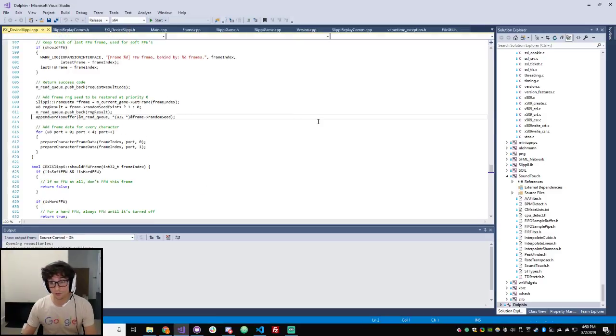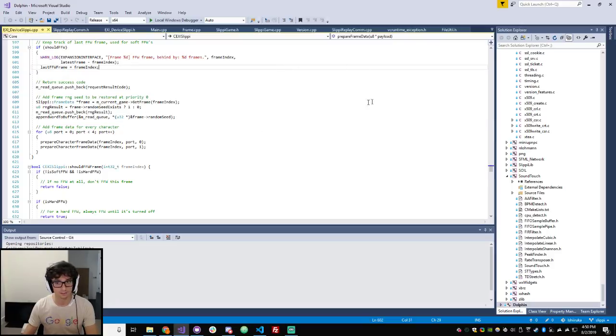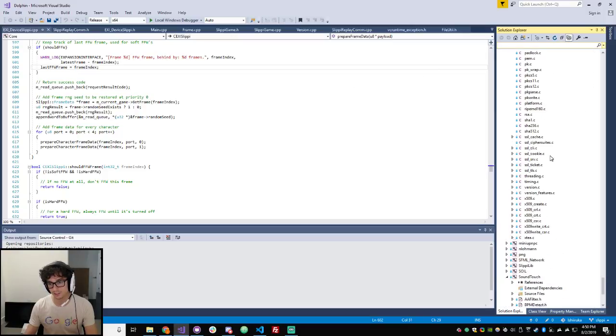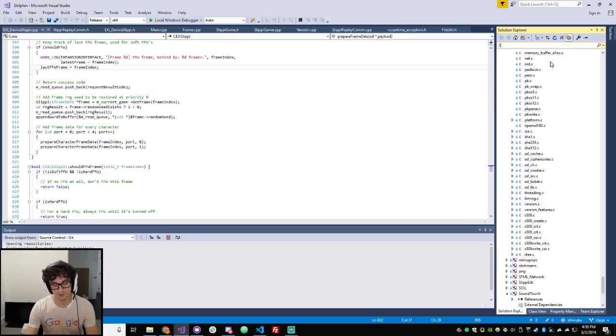I also hate Visual Studio, and I haven't set up my hotkeys and stuff. You can change it to be the same as VS Code. I know, I just haven't done it. I've just been lazy. All right. Anyway,